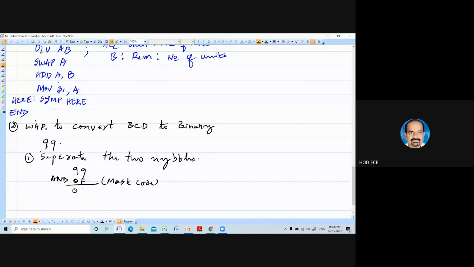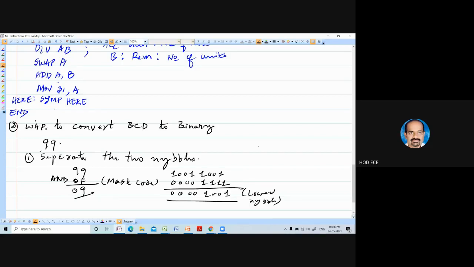So here you are going to get 09. I don't know whether you understood this. 1001, 1001, bitwise AND operation with 0F. You are going to get the higher nibble as 0. You are going to get the lower nibble as it is. So you have separated the lower nibble.